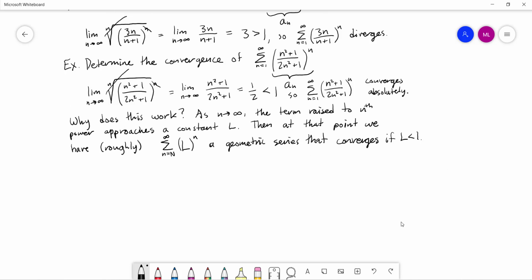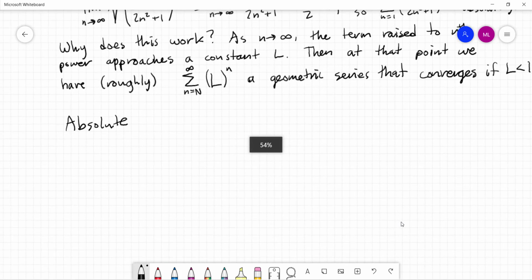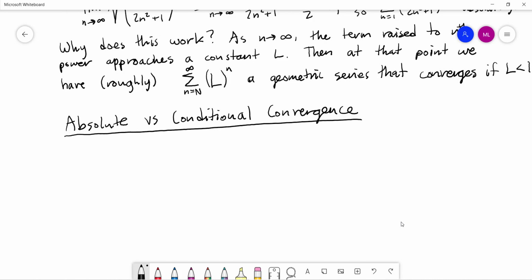So having done all of this, I want to go back to the discussion real quickly about absolute versus conditional convergence. And then we'll wrap this up. So let me zoom in so we can read this. Absolute versus conditional convergence. Why did we care? Why did we even make a distinction? Who cares if there's two different kinds? Well,